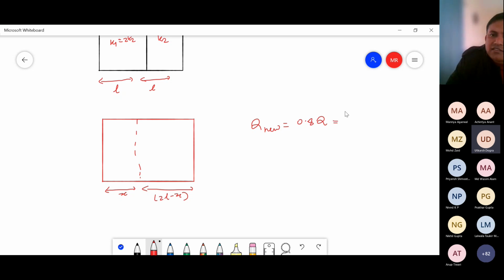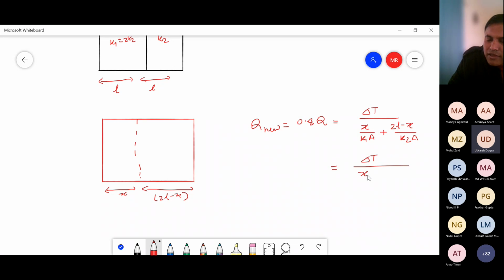Correct. And this will be given by the equation, again delta T divided by x by K1A plus (2L minus x) by K2A. This again we can rearrange as delta T divided by